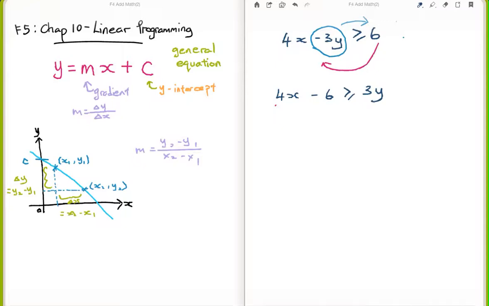Your main intention is y equals mx plus c, so we are almost there. Rearrange it, so it will be 3y less than or equal to 4x minus 6. The sharp tip of the symbol is pointing towards the 3y. So all you have to do is divide both sides by 3, and you will get y